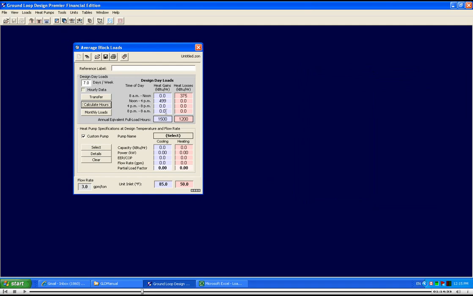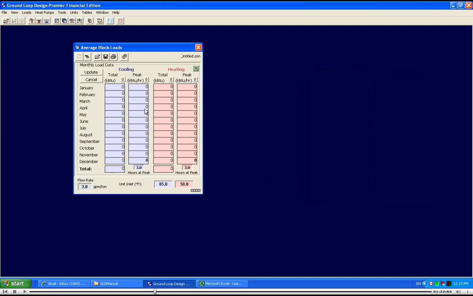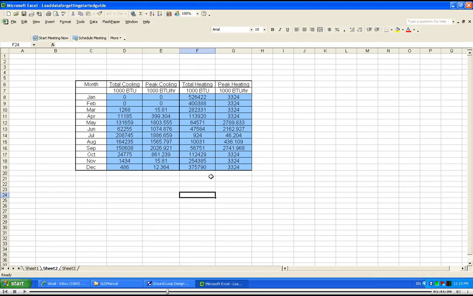The second way to enter data is to import it from an Excel spreadsheet, and I'll give an example here. If we hit this monthly loads button here, we can see that there are 4 columns of data: total cooling, total heating, and peak heating. Now if we have an Excel spreadsheet with the data in the same format, total cooling, total heating, and peak heating, all we need to do is copy these 4 columns of data